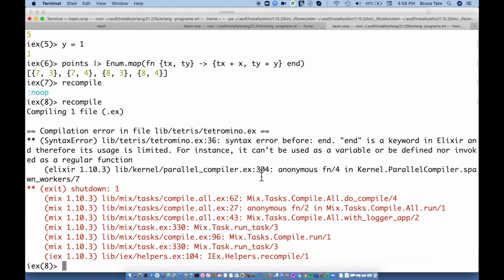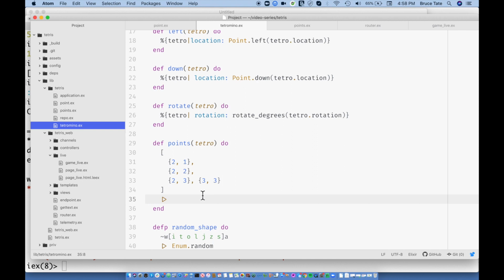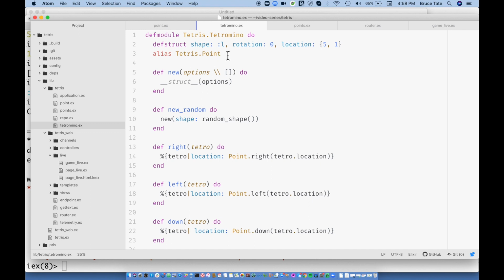Okay, so I have a syntax error in tetromino 36. Let's see what's broken here. Tetromino 30, oh yeah, we haven't implemented this. This uses point, and we also want to use point. So one way to do